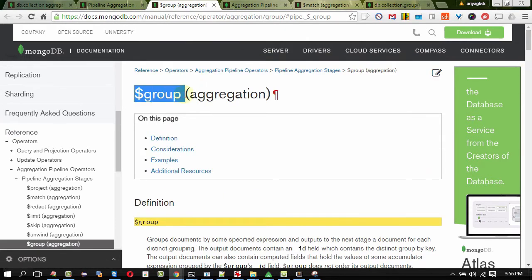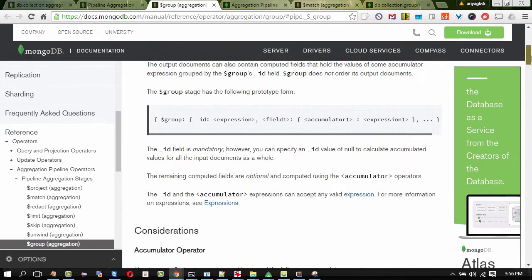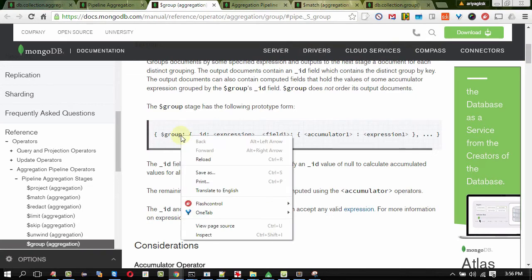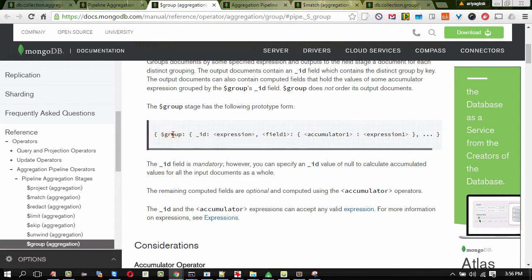So, group operator. The syntax for using the group operator is somewhat different when compared to your previous MongoDB queries. You'll be specifying the group operator first, and this ID field is a must for a group operator. So it's specified here.